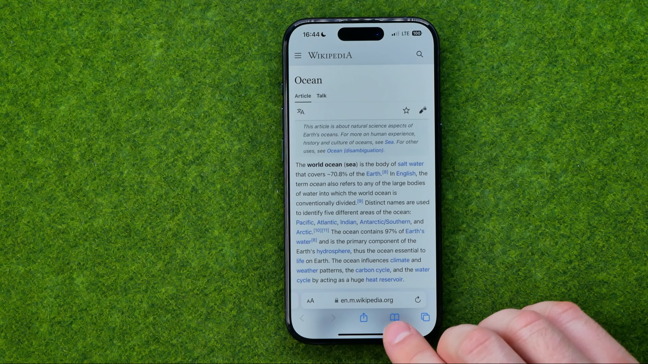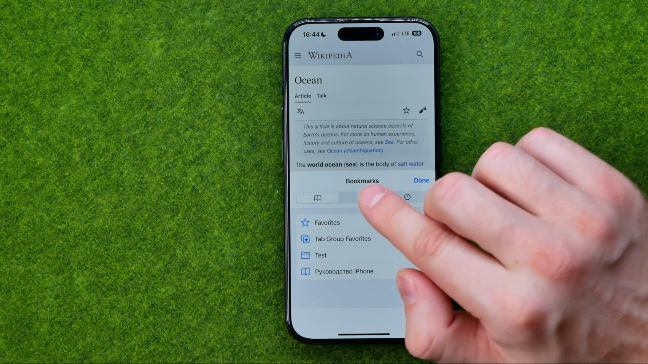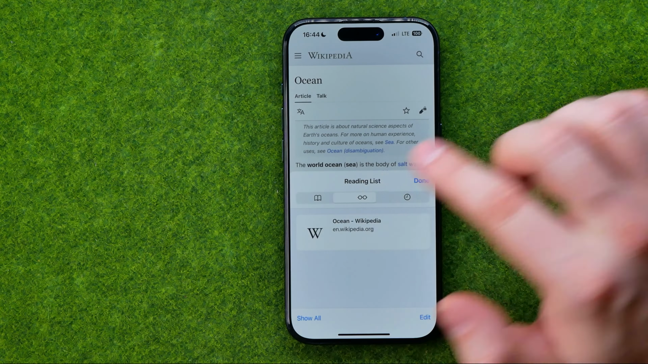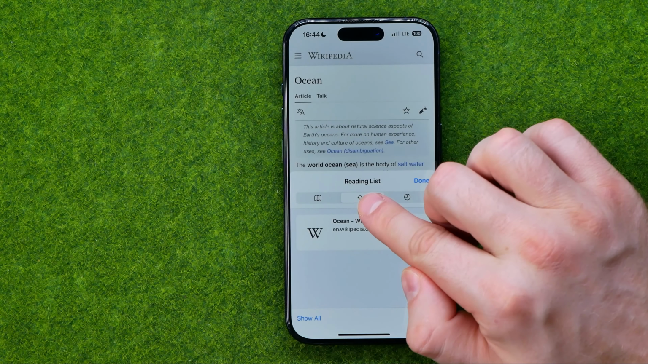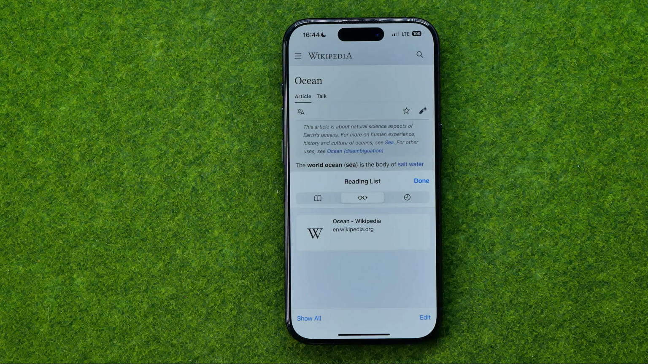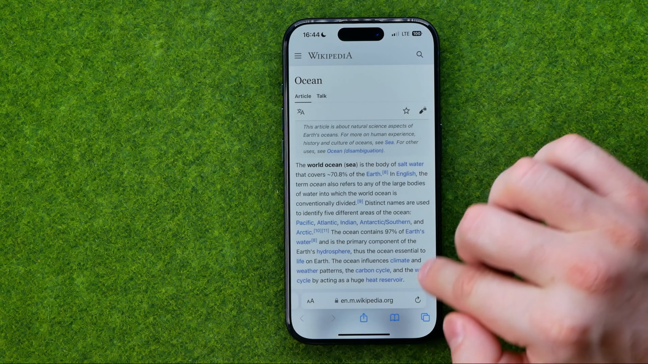tap right here at that book, and then if you select that reading list tab. Once you select this tab, it will show you all the websites and web pages you've added to the reading list, and also we can